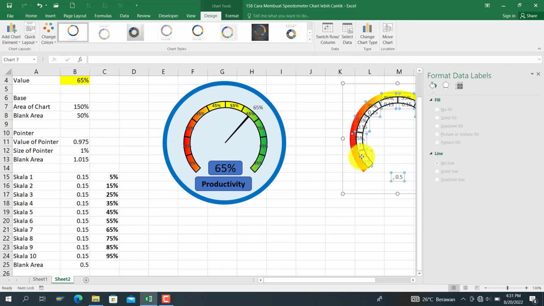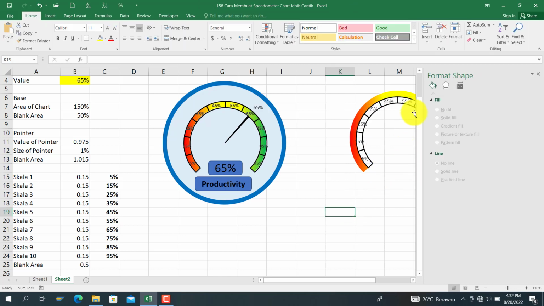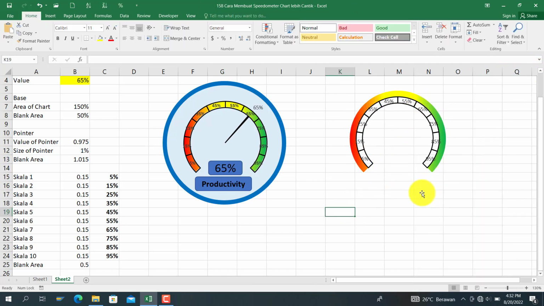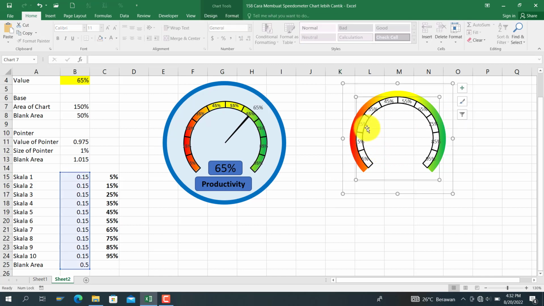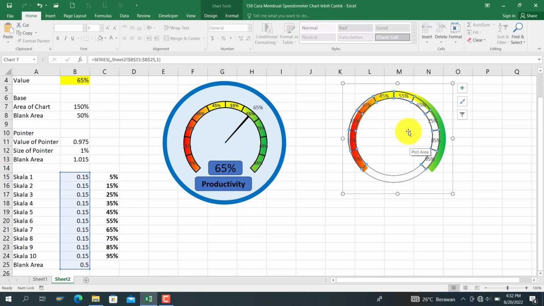And then you can easily delete the value here, just let it as the chart. And then if you think the chart is too small, you can adjust the chart size by enlarging the chart size, like this one. You can drag it down, drag it to the right,